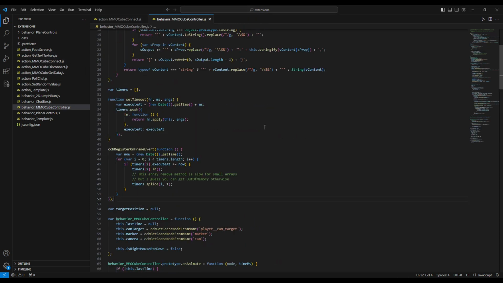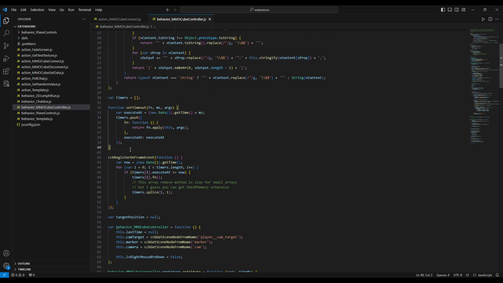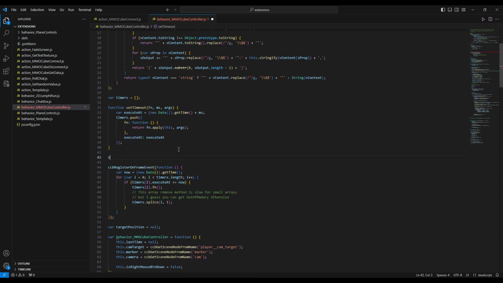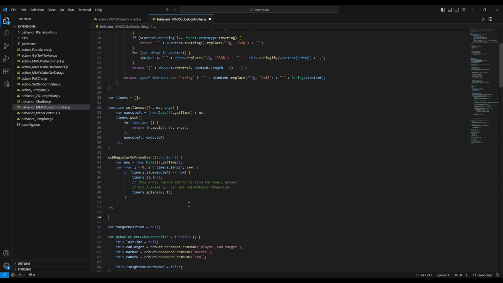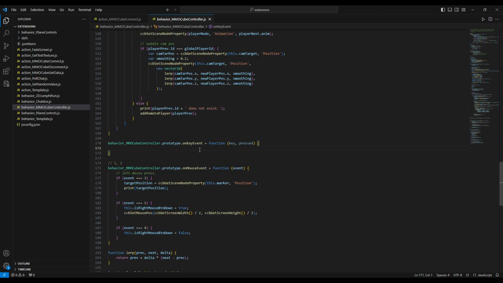And inside our controller, let's add a constant, which will also not be a constant, but a var, which will say key enter, and it will be equal to 13. Inside our onKey event listener, we will say that if key equals 13 and it's pressed, we will